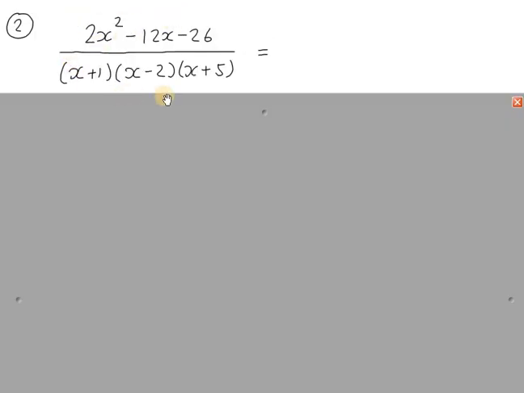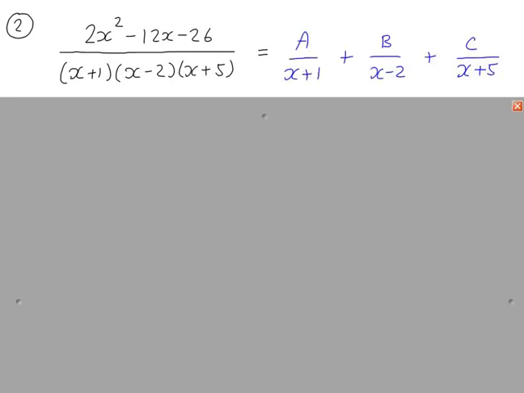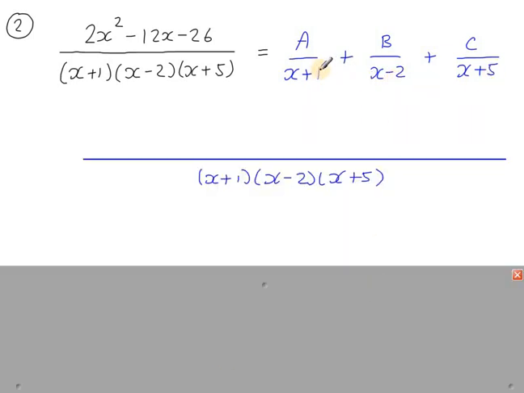So to split this fraction into 3 partial fractions, because we have 3 factors of x, based on each factor we have a fraction. Multiplying the denominators together, we have a common denominator, and now we need to take the A. In the denominator in this fraction we have x plus 1, so we're going to multiply by these two factors, x minus 2, x plus 5, and then we have a plus,